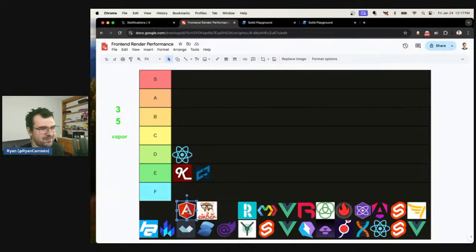AngularJS, like Angular 1, is a tricky one. Because of benchmark time, look at Hype.js, React 14 or whatever, it's actually, I'd say on average ahead of Knockout, but below React, which sticks it solidly in an E tier for me. It's close to D, but